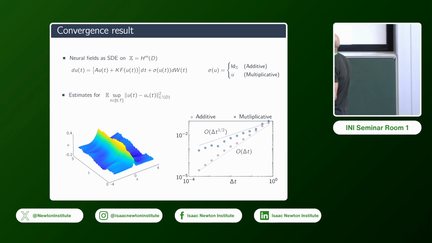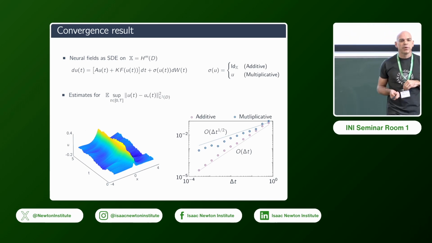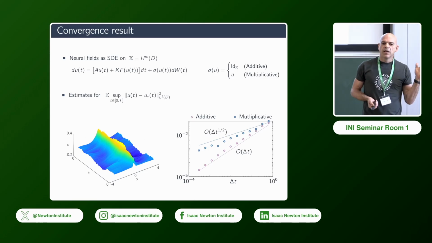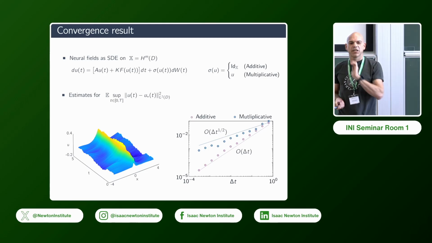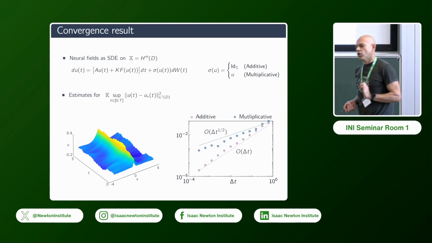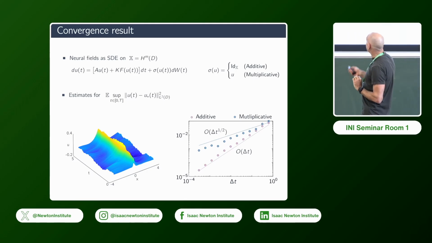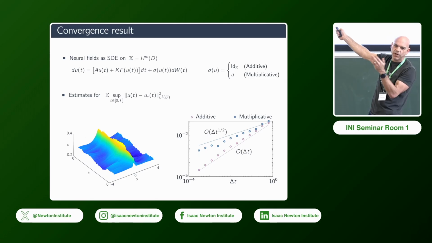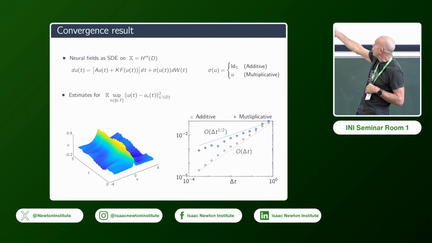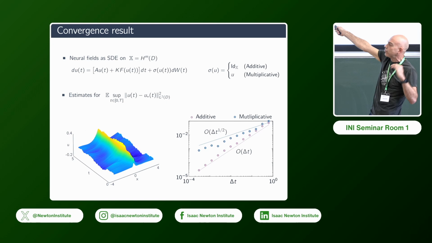So Khadija, who is the PhD student working on this topic, started by developing a noisy version of the schemes I've just discussed. So Khadija decided to represent the neural field in this way. You will see this equation over and over again. You should read it as a neural field with the integral term simplified, an equation written in operator form. But you can equally well substitute it with your set of neural mass equations that you have thought about before.